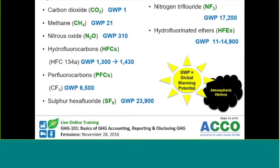Likewise, HFC 134A, the reason I have 2 different numbers listed there, we have a GWP of 1,300, which was the old value that the Intergovernmental Panel on Climate Change, IPCC, had ascribed based on the science up through their 4th assessment report. When the 5th assessment report came out, they adopted the later science, which actually indicated that they had been underestimating its potency. So they've now defined it as a 1,430